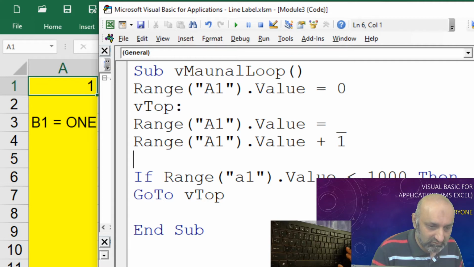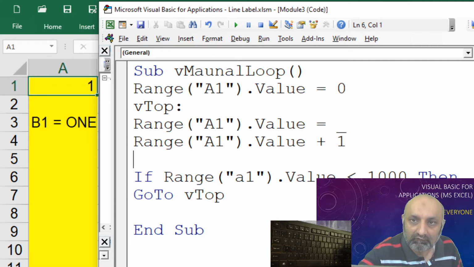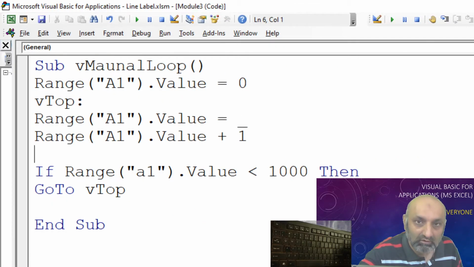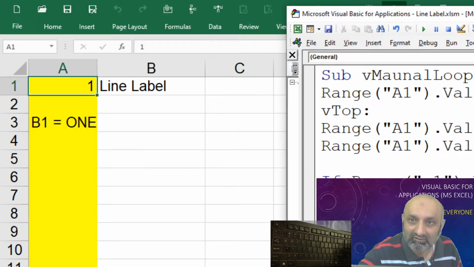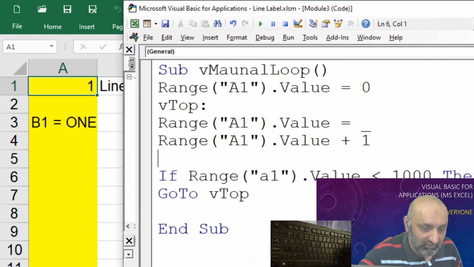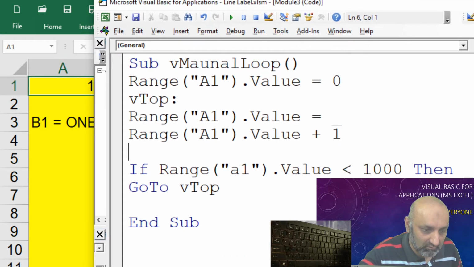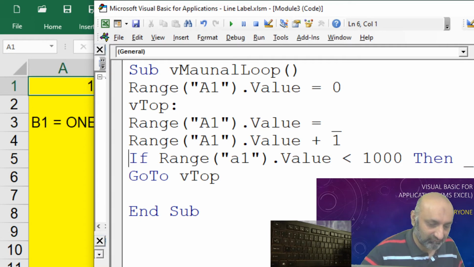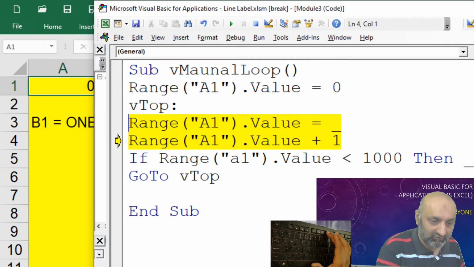If I can move it a bit, yeah, like this. Okay, F8, range is equal to plus 1.